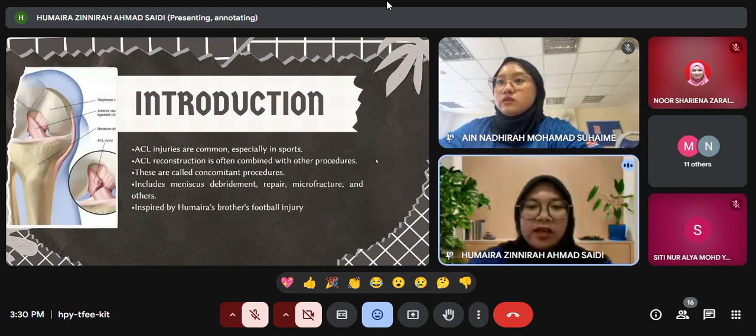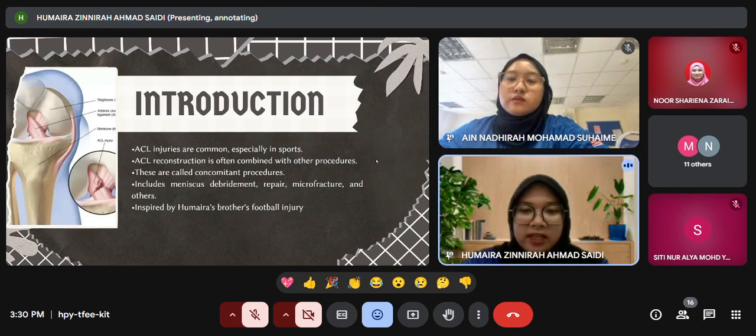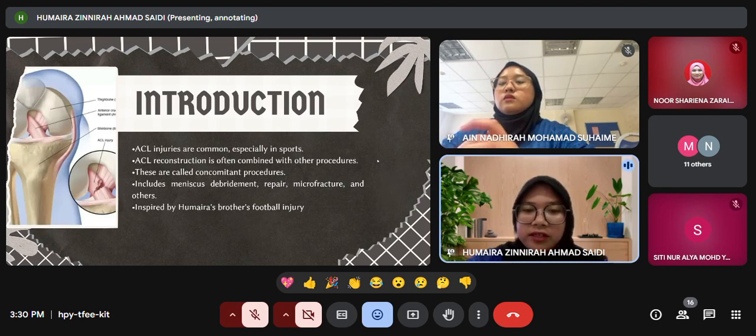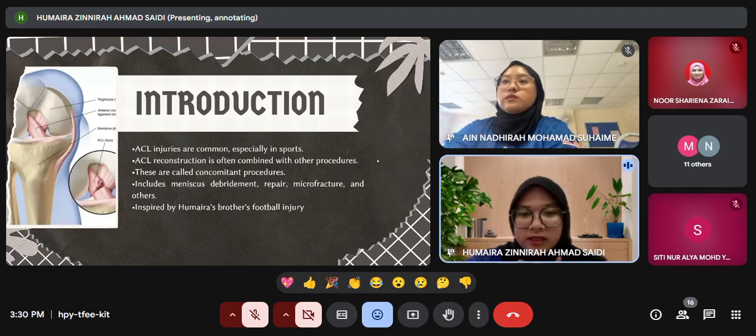As we all know, ACL injuries are common, especially among athletes. These injuries often require surgery known as ACL reconstruction. However, in many cases, other procedures are done together with the ACL surgery. These are called concomitant procedures. In our research, we analyzed the percentage of ACL reconstruction cases involving meniscus debridement, meniscus repair, microfracture, chondroplasty,